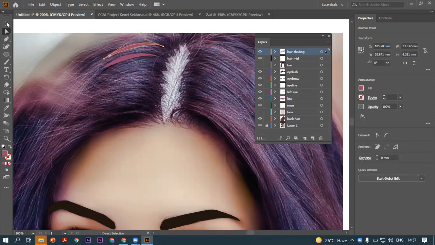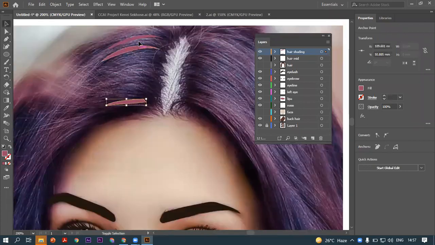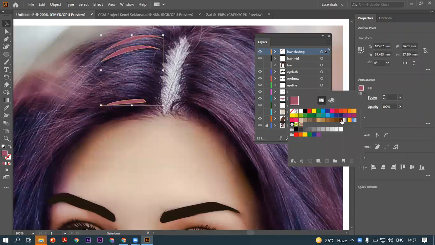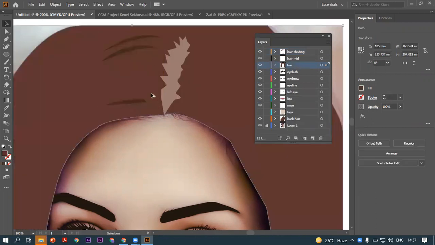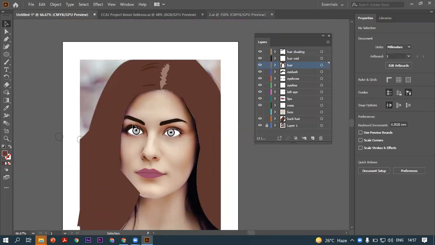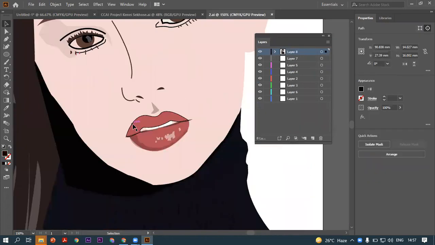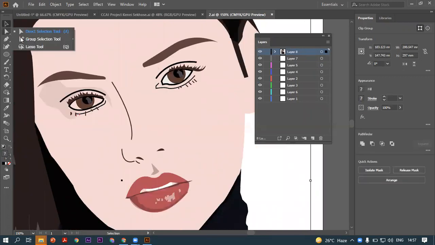Okay, so like that you can either create a new one or you can copy the previous one and then continue with those kinds of shading. And those shadings are obviously done with the darker part of the color, and that color you can directly select, the dark brownish, and if I turn on the hair you can see that it's going to match it, right? Okay, so those little detailings you have to do. And see, another part is this one also. There is another shading here within this